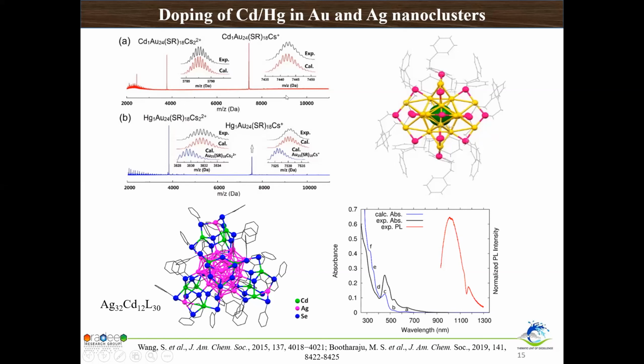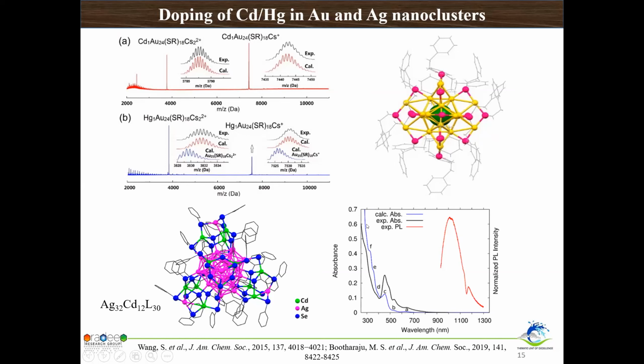Here, cadmium thiolate was added to the silver 25 nanocluster, and then a single cadmium doped alloy nanocluster was obtained. The cadmium atom was observed to occupy the central position, as revealed by the single crystal X-ray